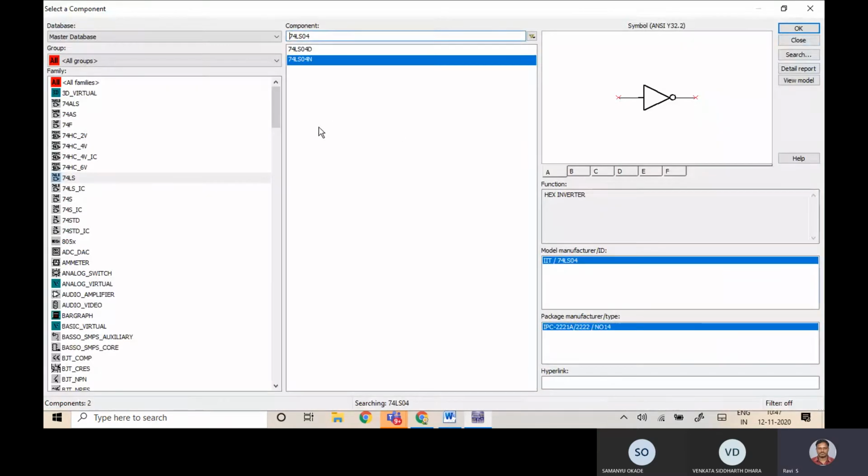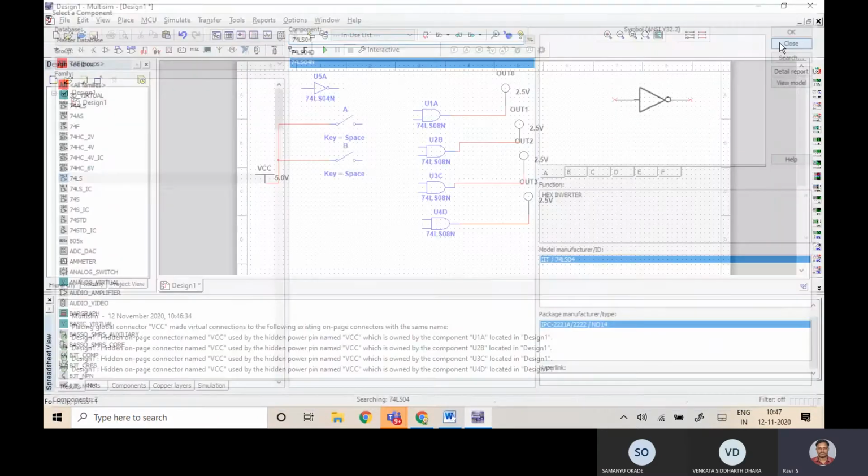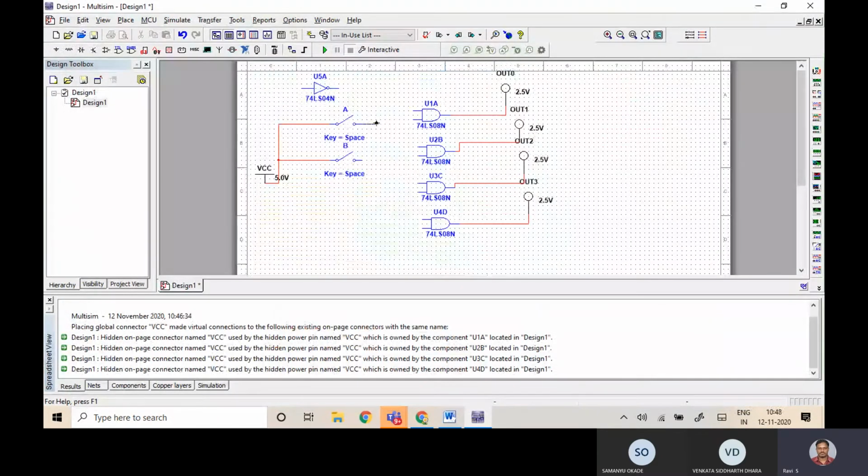So the next portion of this particular circuit is a direct connection, that is, the next lead of the switch is A. If you connect the same variable to the NOT gate, then the variable is A bar. Any doubts, sir? No, sir. Okay. Similarly, I'll take one more NOT gate. If similar kinds of components are needed, there is no need to go to the place component section. Directly the component will be available here in the used list. So you can directly go and take 74LS04N.